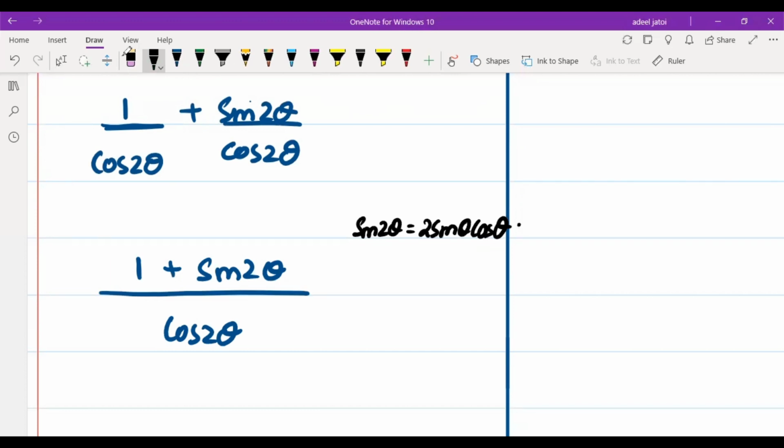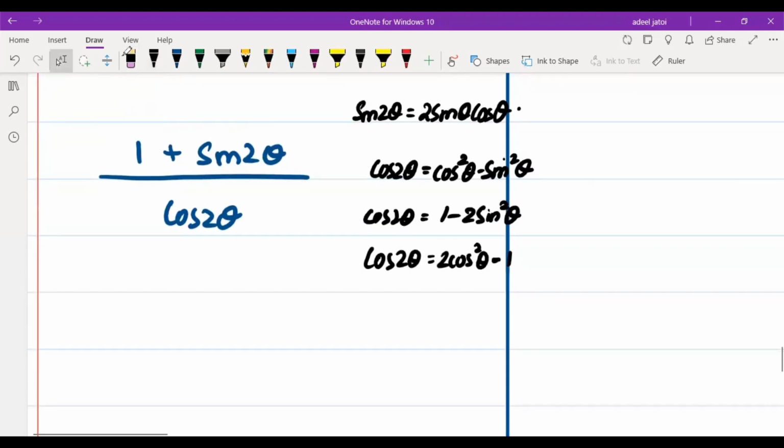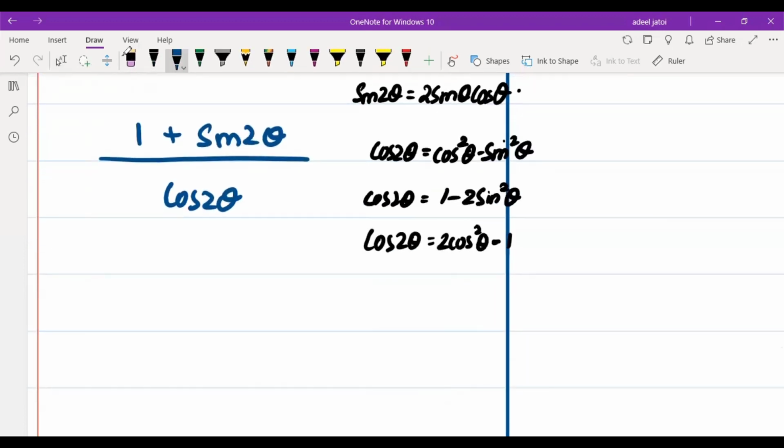Similarly, cos 2 theta is written as three different identities: cos square theta minus sin square theta. Cos 2 theta can also be written as 1 minus 2 sin square theta, and cos 2 theta can also be written as 2 cos square theta minus 1. So, in this case, what we can do is we have 1 plus 2 sin theta cos theta